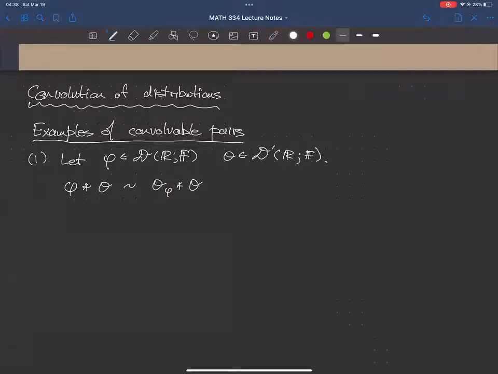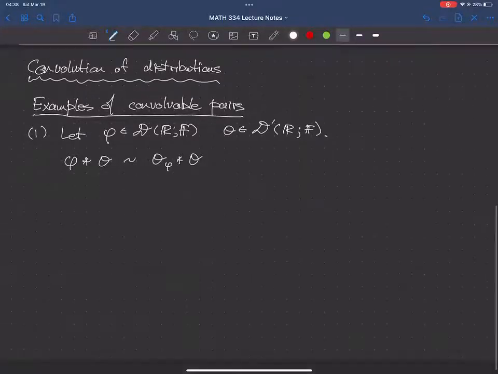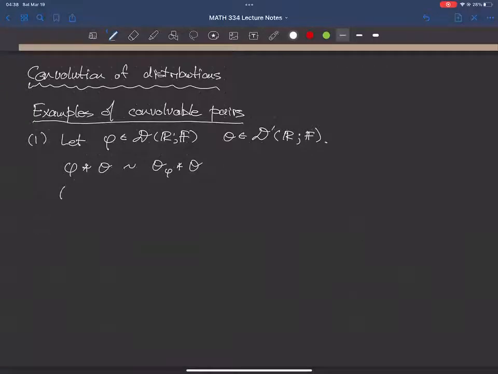So first, let's adopt that bit of notation, and then what's true here is, first of all, that this symbol always makes sense. So as a distribution, this is convolvable. Again, theta is a distribution, and when I write this, I really mean this distribution. So we're going to identify this function with this distribution. So it's convolvable, and